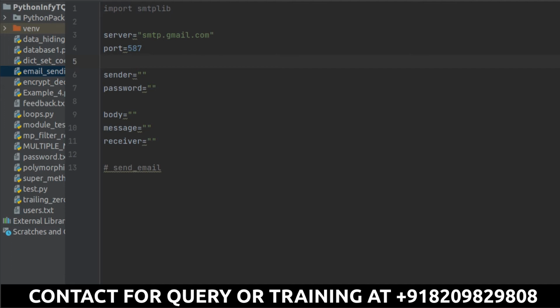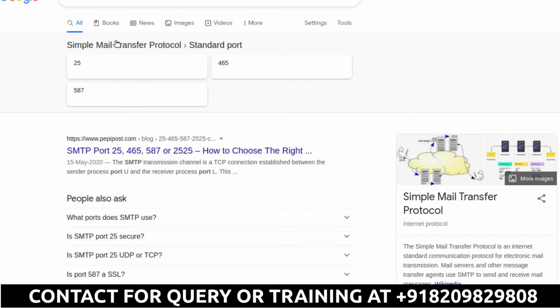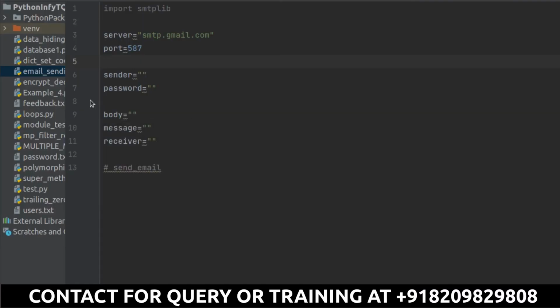Other than that, we have some other ports for SMTP as well, like 25, 465 and 587. 587 is the one we are using right now, which is the default one, and it is used for TLS communication, let's say for TLS encryption. So this is what exactly we are doing here. The first step is to connect to the server through the domain plus the port number, so that we will be able to connect to that server.